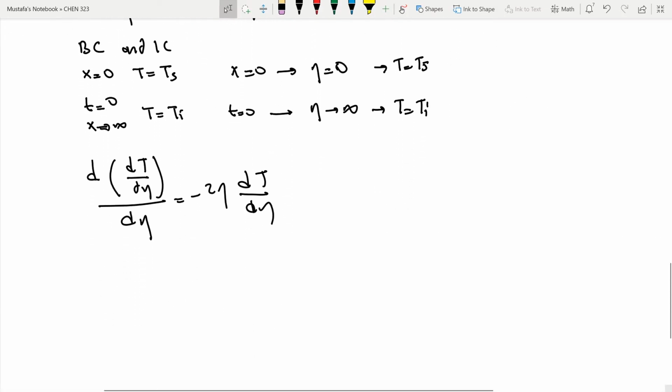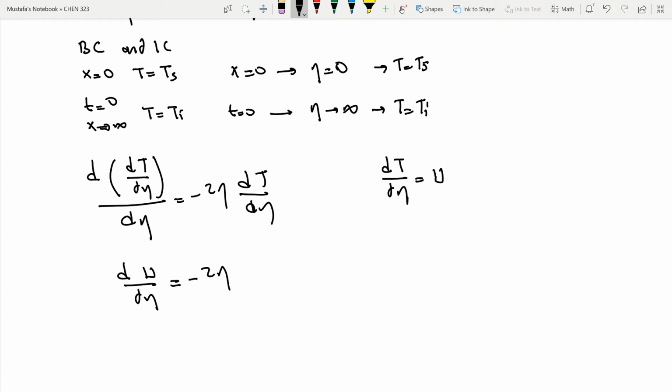So now what I would like to do, I can call dT by d eta as u. So that means we have du by d eta is equal to minus 2 eta u. So that means du by u is equal to minus 2 eta d eta. So if I integrate both sides,